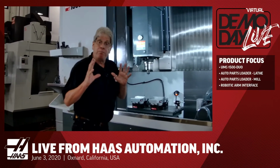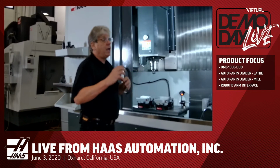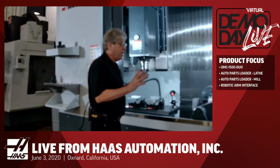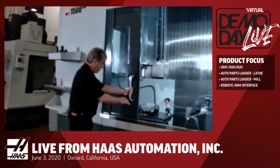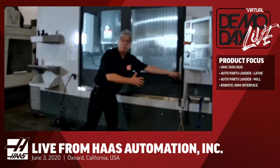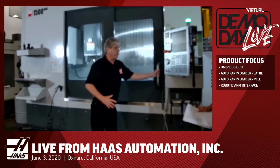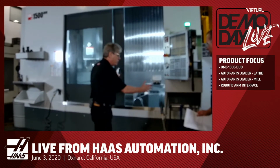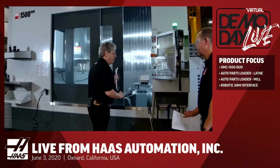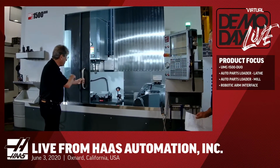All of the design changes that we put into the UMC 750, 1000 and the 500 models have been incorporated in this machine. The main thing is that the doors are now mounted inside of the enclosure, and because the opening for this machine is so much larger, we've got the double door. If you're working over here on the rotary side, you just need to open halfway and you're changing parts over here. And obviously, if you need to get to the stationary table over on this side, you open the door